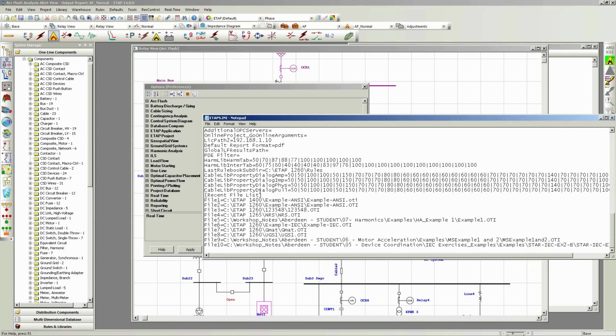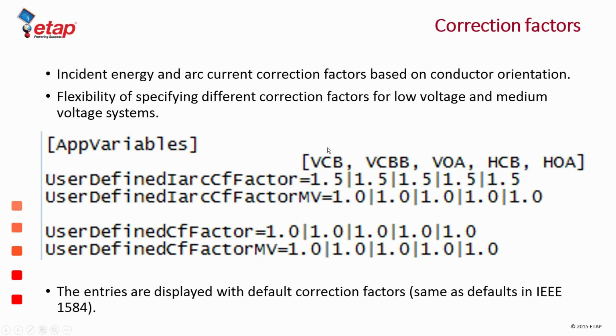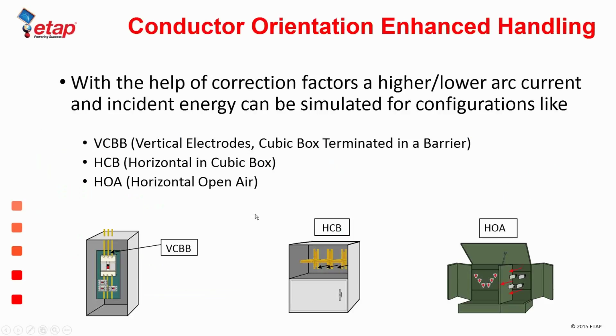Scroll down to the following location right here. It's called apps variable, and this is where you would specify the user defined correction factor. As you could see here, you have 1, 2, 3, 4, 5 different correction factors, one for each one of these